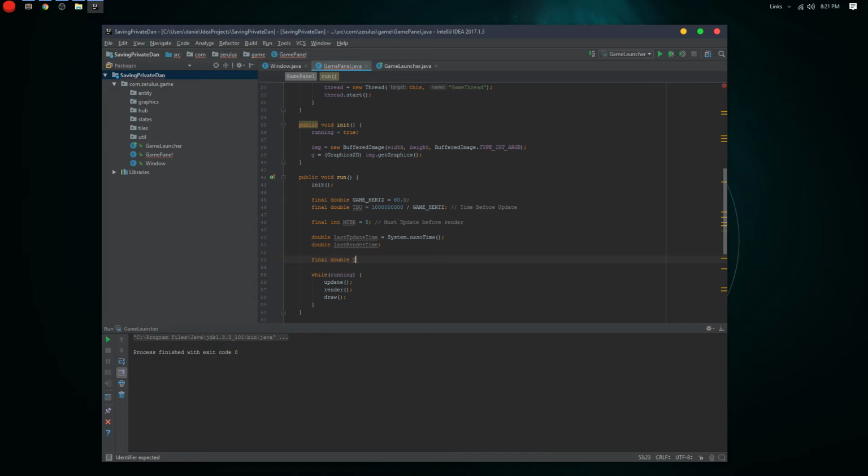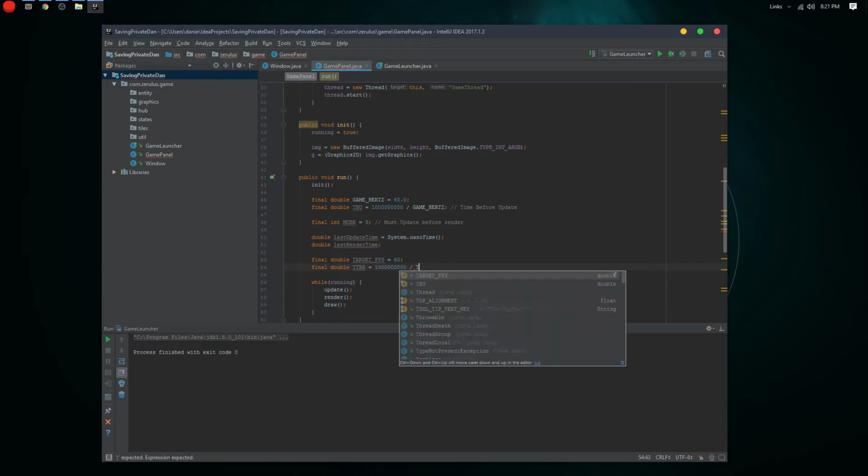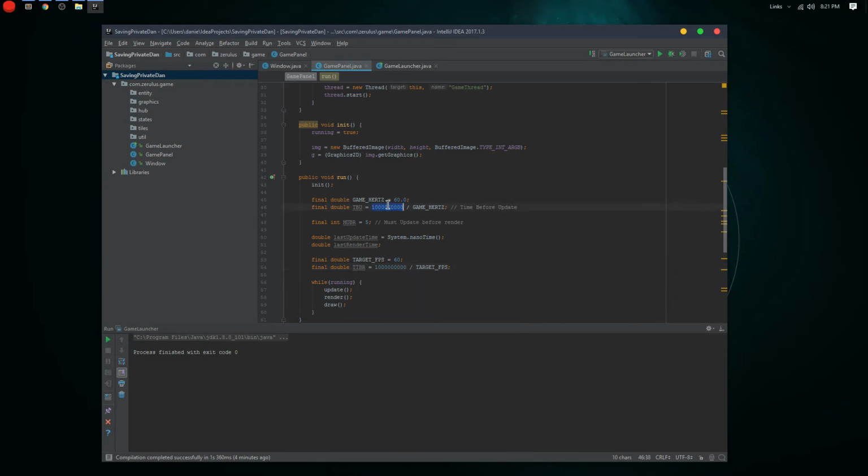So if we do target FPS, it's equal to 60, so we're going to have like 60 frames. And then we're going to do final double and total time before render. Okay, so 1, 2, 3, 1, 2, 3, 1, 2, 3, and that's 1,000,000,000 hopefully. Target FPS. Let's see if that's 1,000,000,000. And it's 1,000,000,000. Total time before render, and then now we're gonna do the